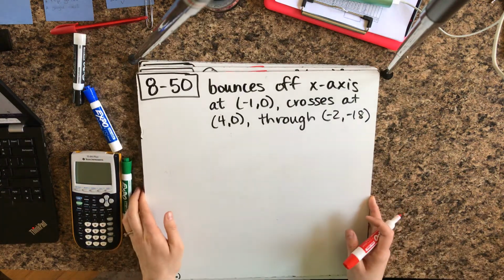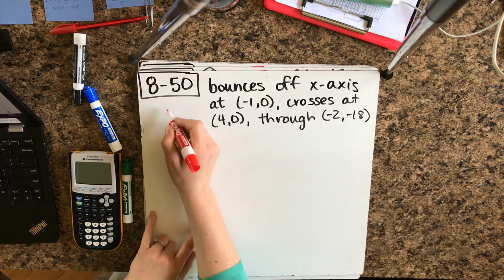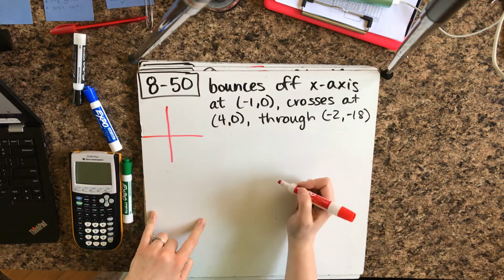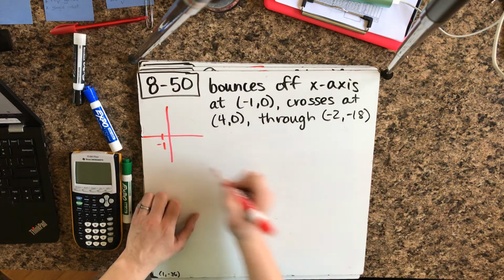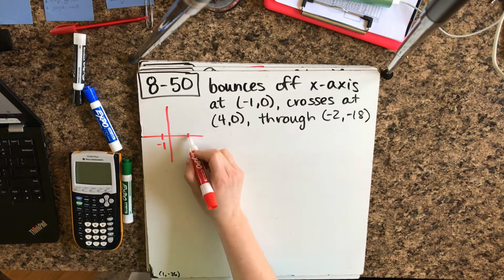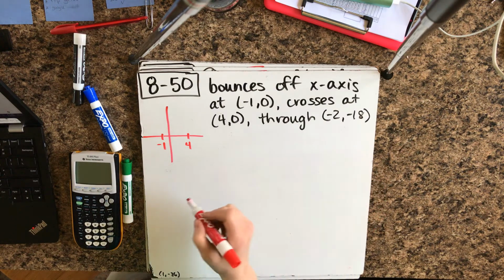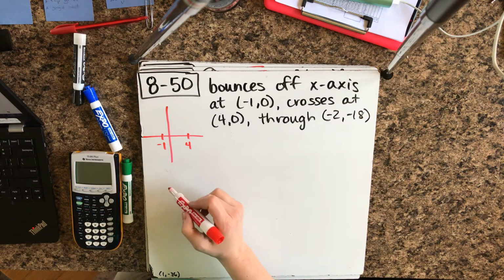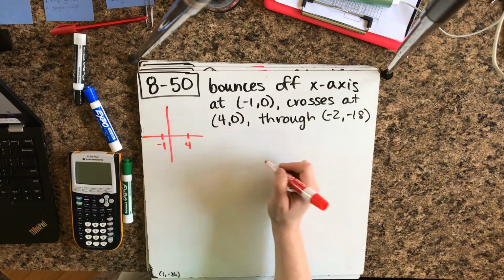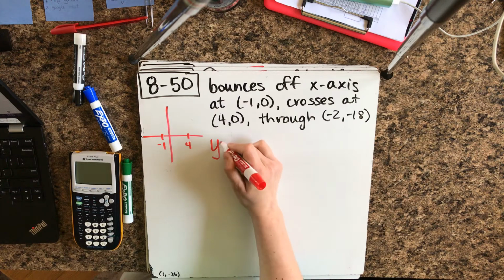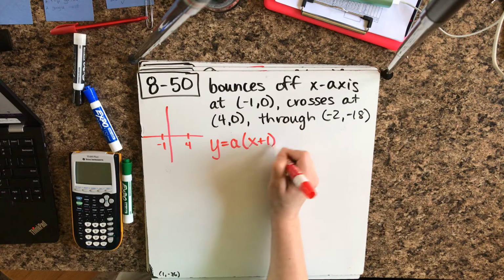Okay, 8-50 is next. This one's a little different because they don't give us a graph. Instead, they give us a verbal description. I'm going to sketch a graph because it's going to help me out. It says that the graph bounces off the x-axis at -1. So there's going to be a bounce there. It crosses at 4. And it goes through this other point. Okay, so if it bounces and crosses, I'm going to write this because I don't know if it's positive or negative. It didn't tell me. I'm going to write y equals a times x plus 1 squared